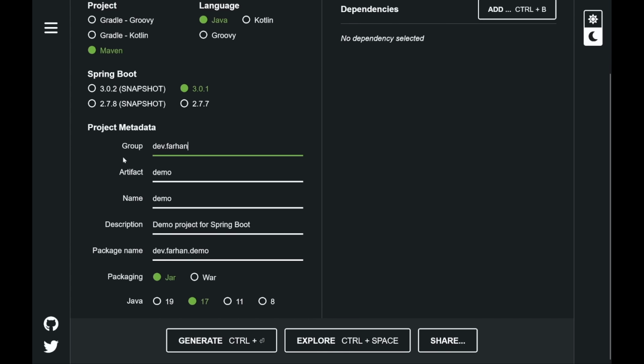Next up, the artifact name. The artifact name is simply the name of the project. So in this case, I will be putting movies in here, but feel free to call it something else if you feel like that. Next, there is a description field and you can put something like